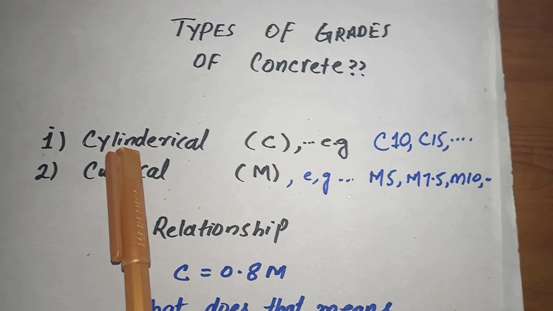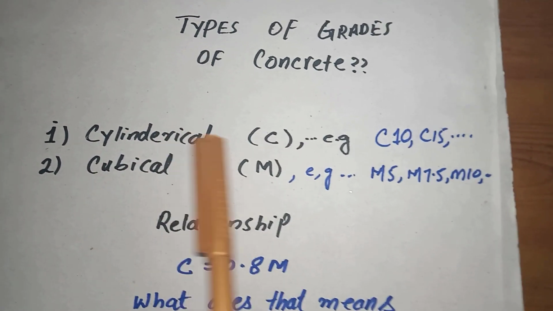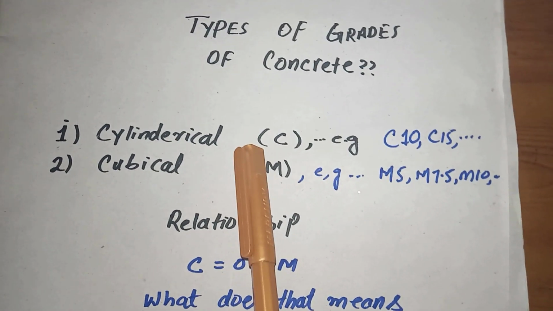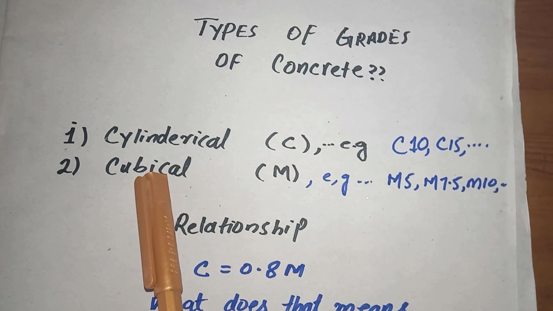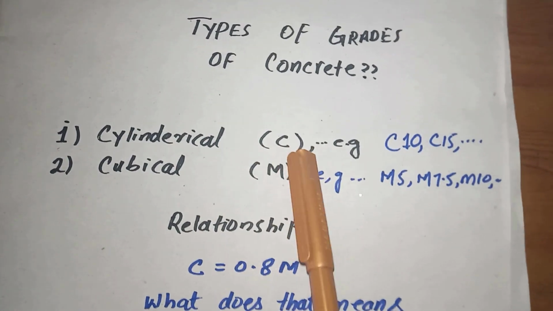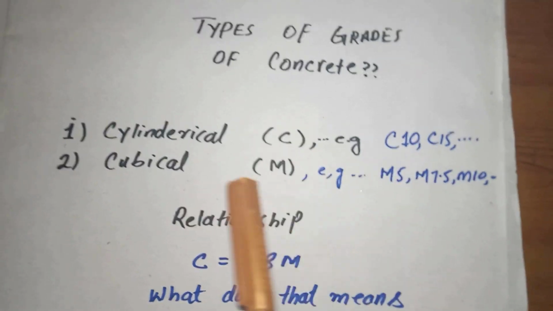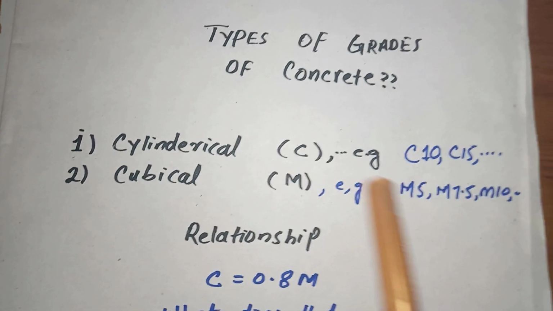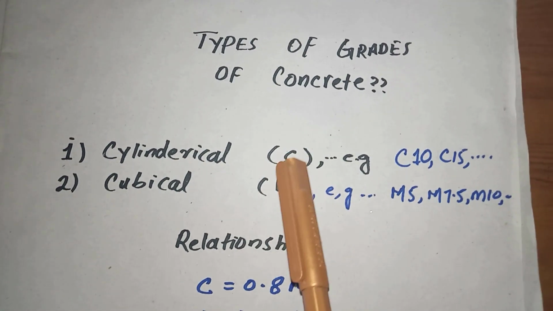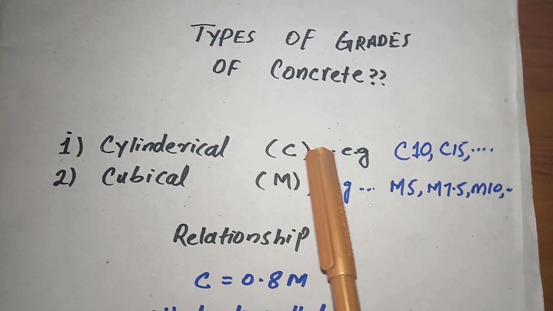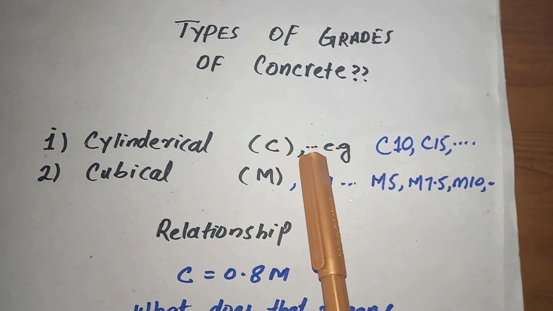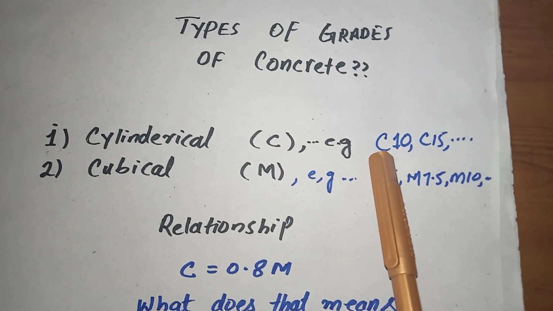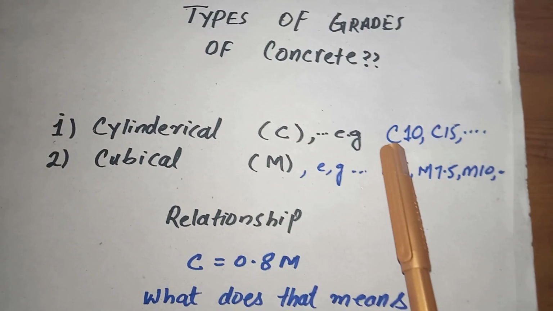Dear friends, we divide grades of concrete into two types. One is cylindrical, the second one is cubical. We show cylindrical as C and a number. Similarly, cubical as M and a number. So what does C represent? C represents the mix ratio of cement, sand and aggregate, and this number represents the 28-day compressive strength of the sample